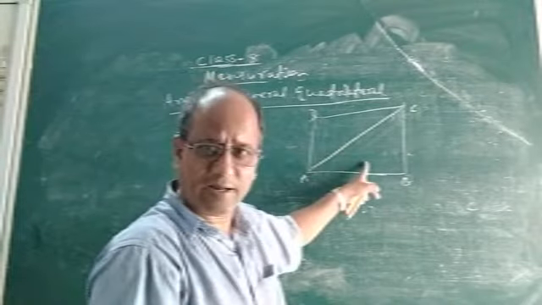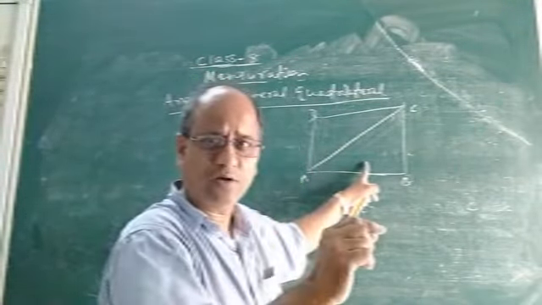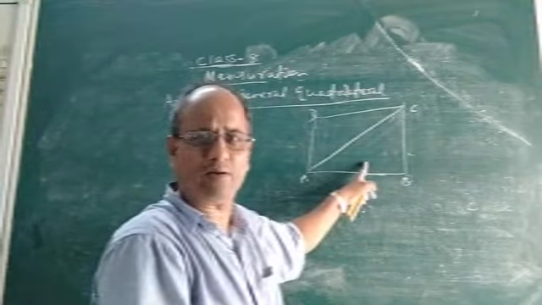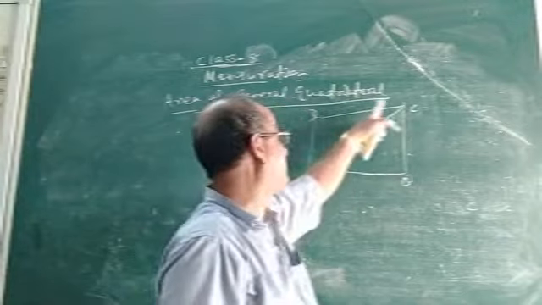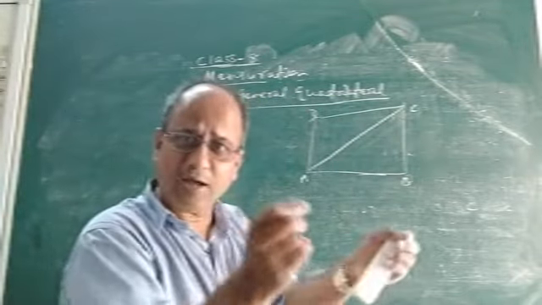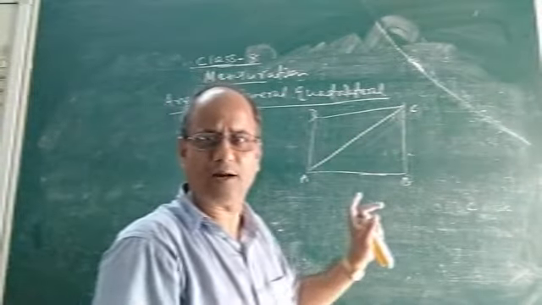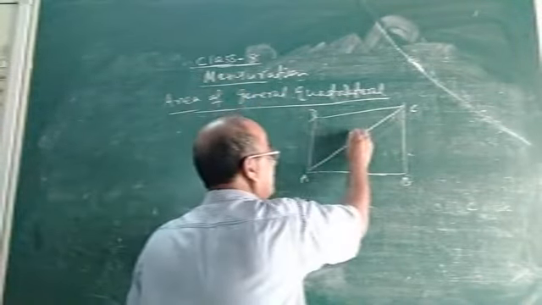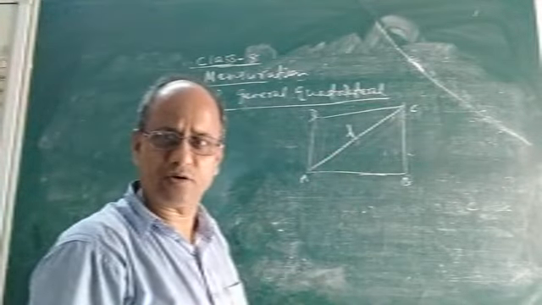Now, we know how to find the area of a triangle. The formula is half into base into height, from class 7. Now, if we can find the area of triangle ABC and the area of triangle ADC, and if we add them, then it will give you the area of the general quadrilateral ABCD. Suppose the length of this diagonal is already given, say it is d units.